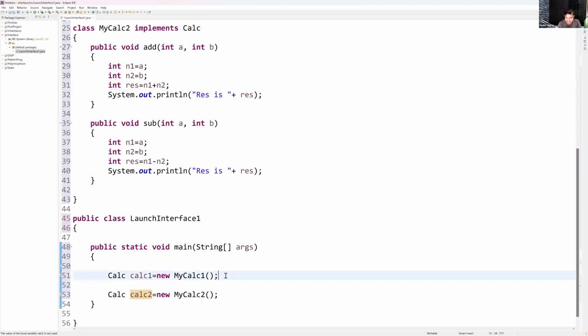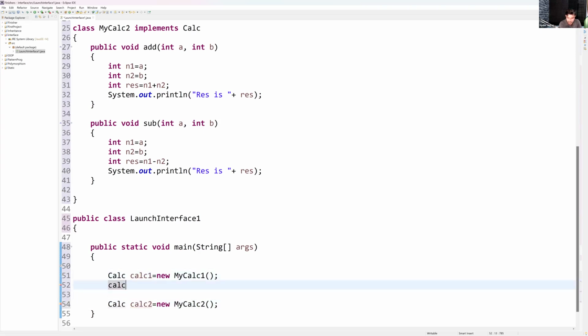Fine. Now, guys, I will say here calci 1 dot add. I will pass some values, 4 comma 44, and similarly